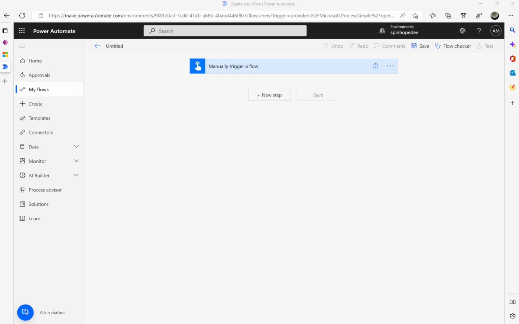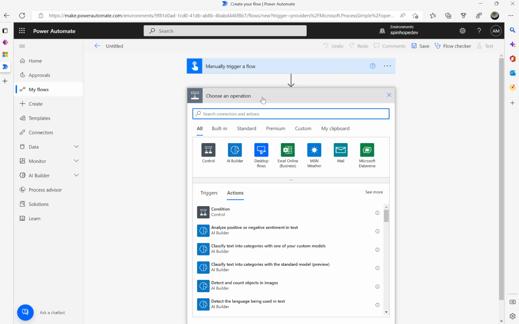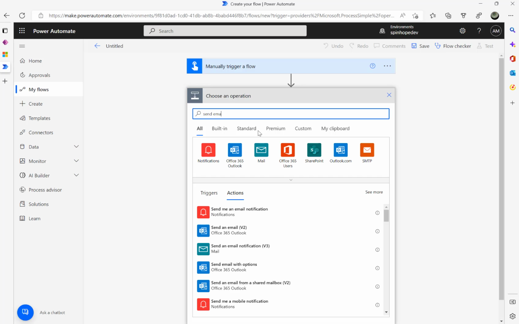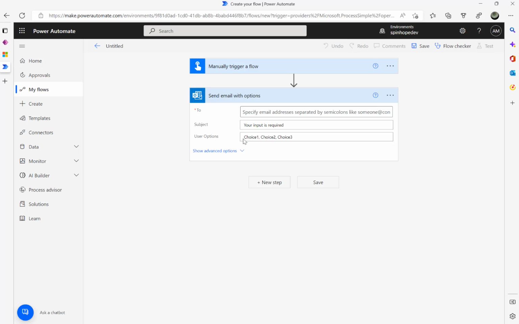Hi, in this video we will have a look at the Power Automate action step Send email with options. Let's have a look at that. Okay, you can see here in the Office 365 Outlook connector, which allows you to send a list of options in the